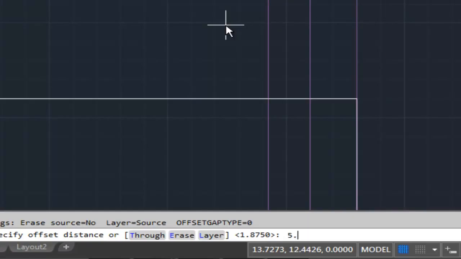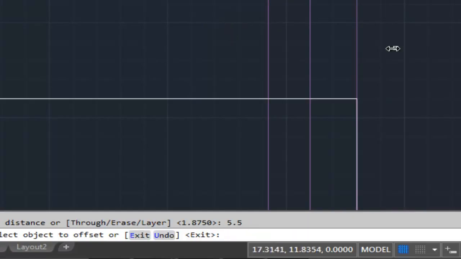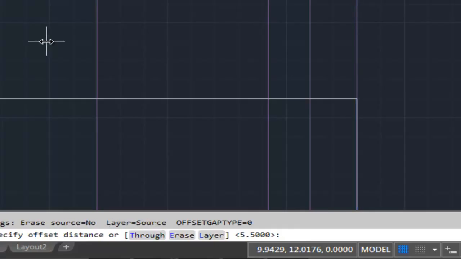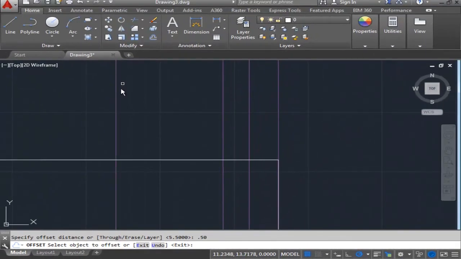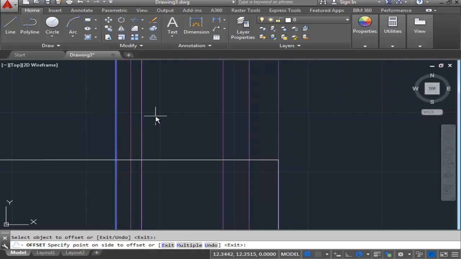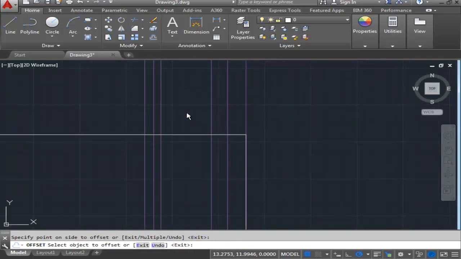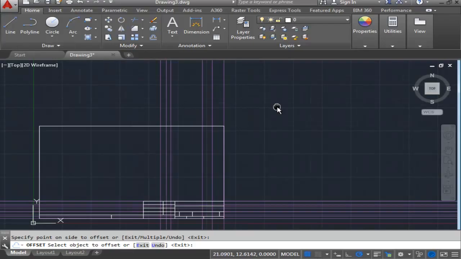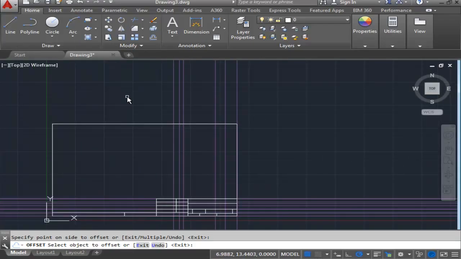Next will be 5.5. I click the original line and to the left. Next will be 0.50. Click the original line to the right this time. Hit enter twice. 0.875. Click the far left line and then to the right. Next, we will hit the enter key to cancel